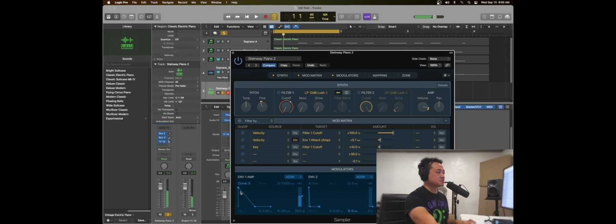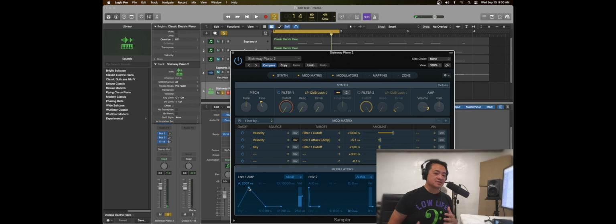Okay, so what I'm going to do now is change the attack, and I want you to hear the difference when that attack is slightly delayed. You'll notice how all of a sudden the initial attack is smoothed out, and it's almost non-existent.